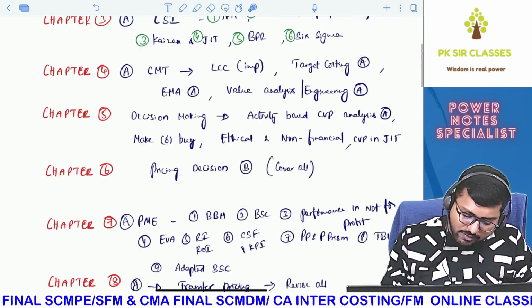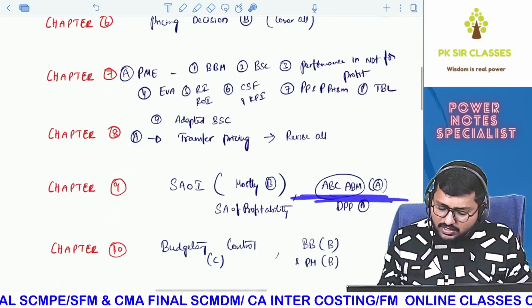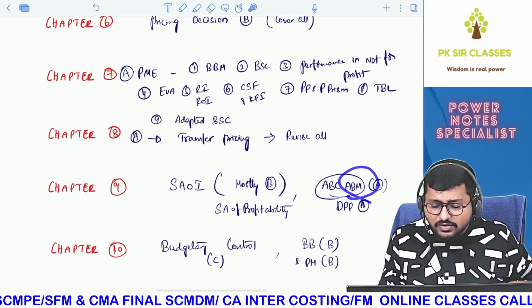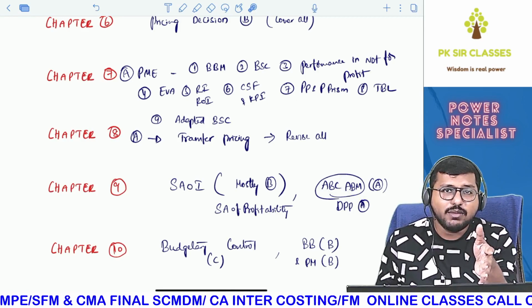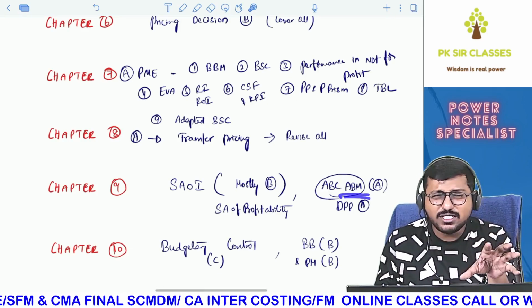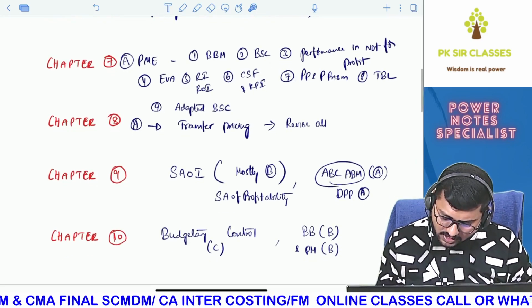But anyways, if you have not covered it there, then here it is important. If you have covered it in decision making, then anyway you have covered it, so it doesn't matter, right? Activity-based cost management is just a continuation of ABC. It's the application, the expansion of the world of ABC. So that way you should just give it a look. That should be enough.